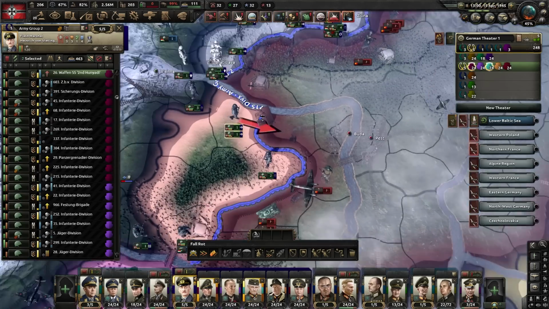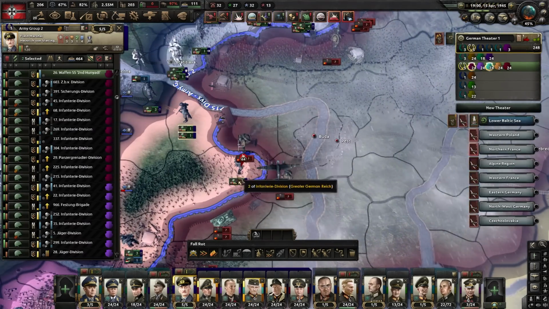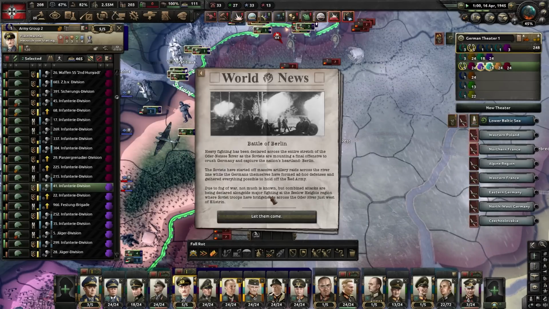They're pulling in. If we could take Budapest back, that'd be incredible. And hold that river line. No, they moved back. Okay. But we've gained a bit of territory if they can move in the north there. No idea why they keep...